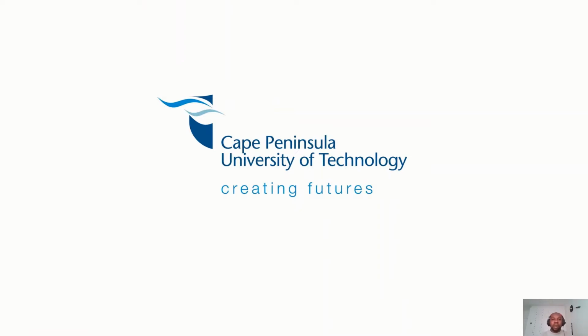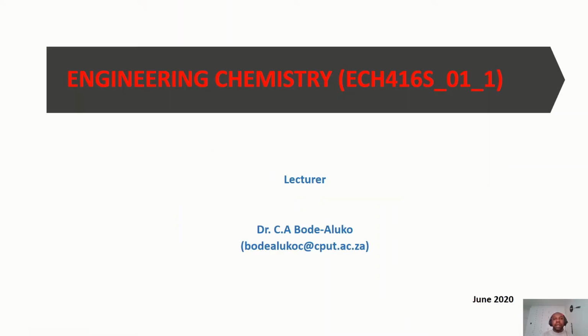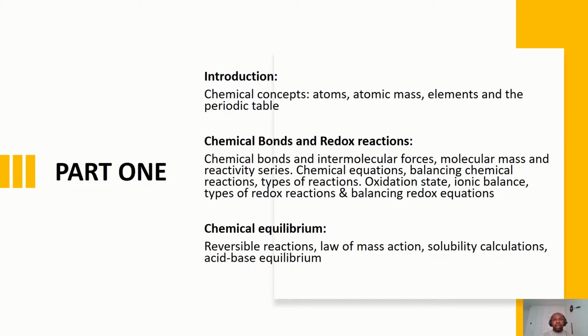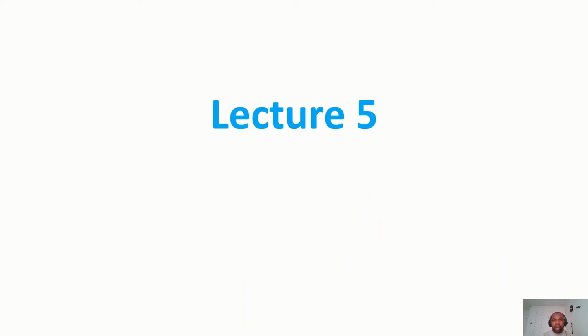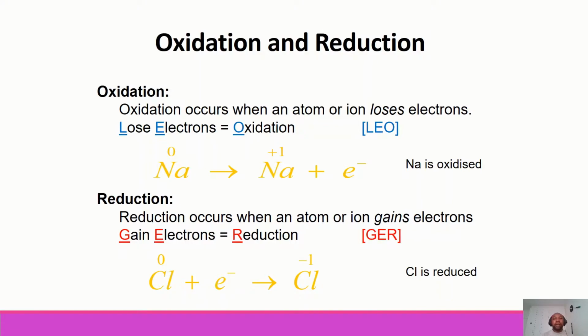Hi, welcome to another lecture in the series of engineering chemistry. So we are still in part one, and this is lecture five. So we want to look at oxidation and reduction in lecture five. So we're gonna look at the definitions and the types of the reactions in which we can see oxidation and reduction